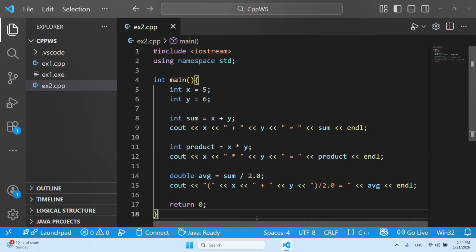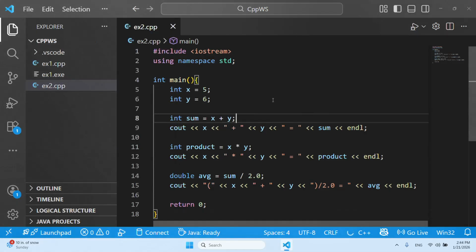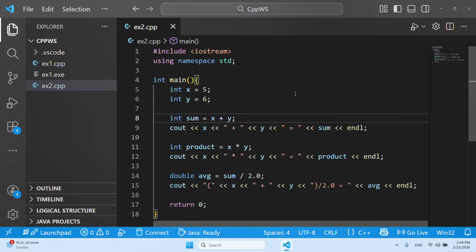After writing this program and saving it, again, once you write the code in here, you need to make sure that you save it by pressing Control S. We need to do the same thing. As you can see, this program has two integers. Don't worry about the syntax of the program. We'll be covering it in class. My goal in this video is just to show you how to compile and run this thing.